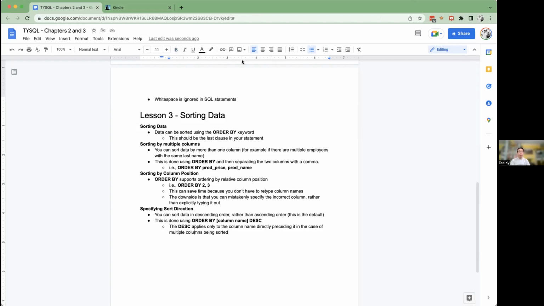Okay. So I have a few comments about sorting. The default is ascending, so you don't ever need to say ascending. But if you want to, you can. Just like DESC is the common abbreviation for descending, ASC, 3 letters, is the common abbreviation for ascending. And I sometimes do that